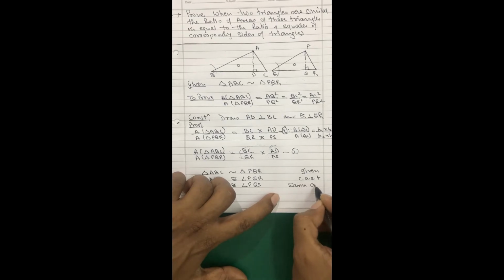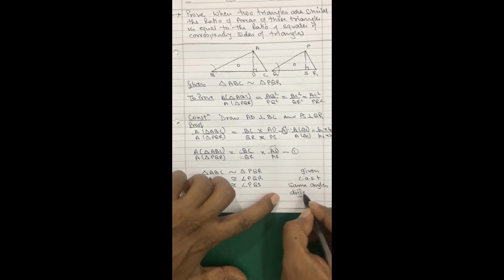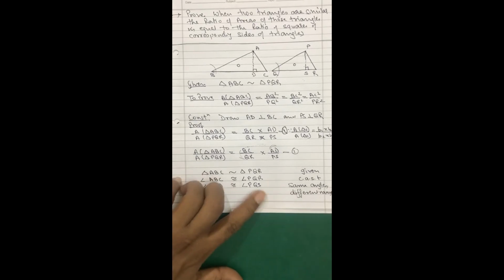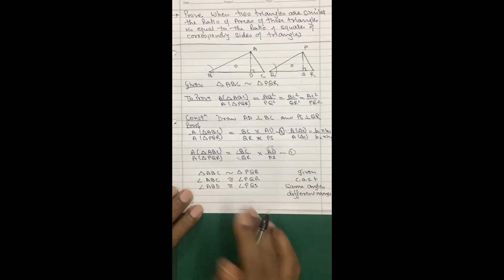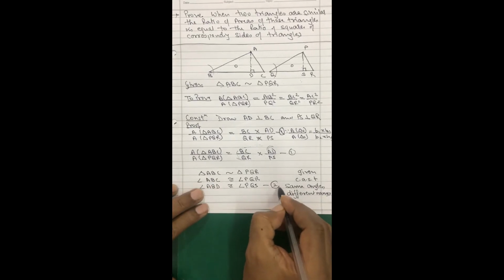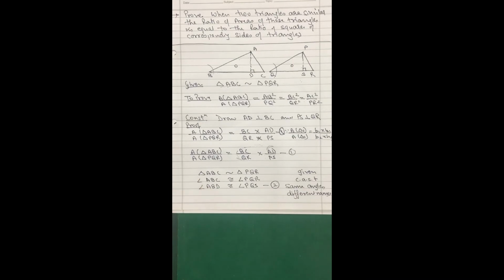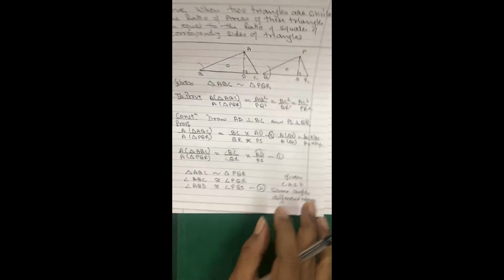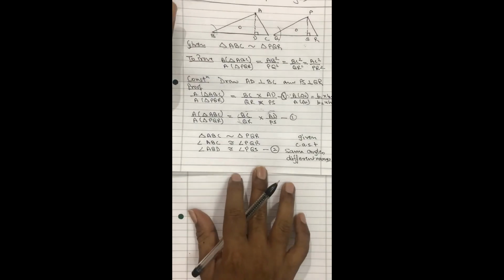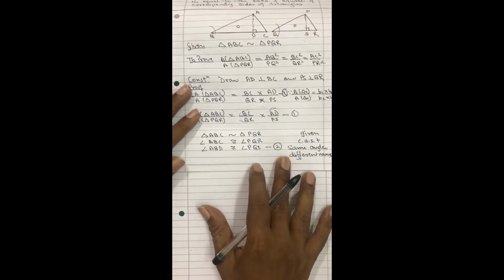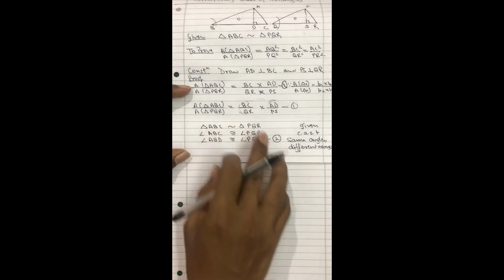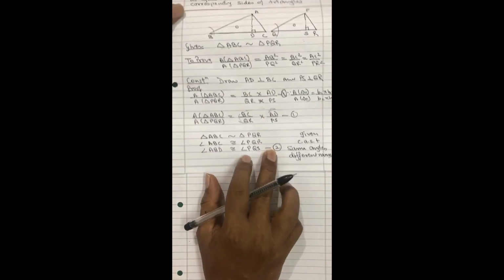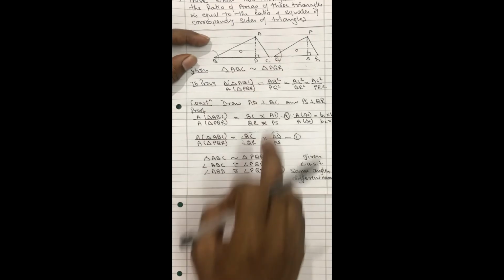Same angles, different names. Okay, my dear student, that is the reason. So this I have got, so this will become my 2. Okay, so now I will go to prove these two triangles are similar. So what will I write over here? I will purposely keep it like this because backside if I go, then it will be a problem. So now I am going to prove the two triangles, these two triangles ABD and triangle PQS.